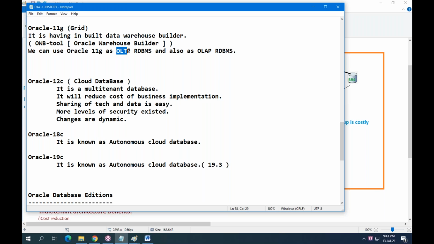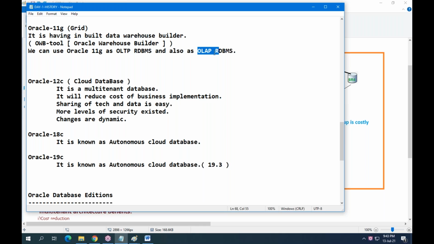Sir, what is OLTP? Online transaction processing. OLAP is online analytical processing. OLTP is for transactional data.